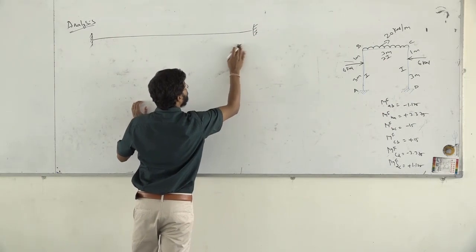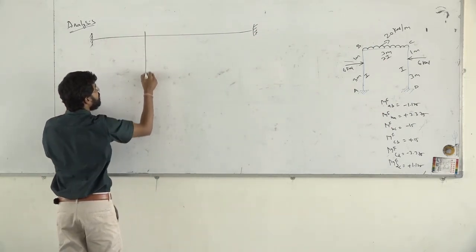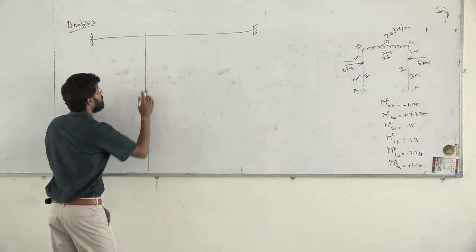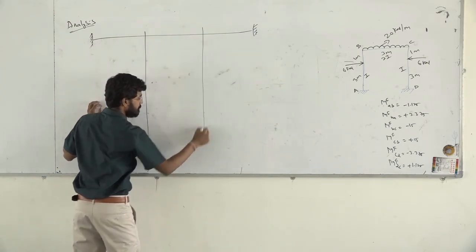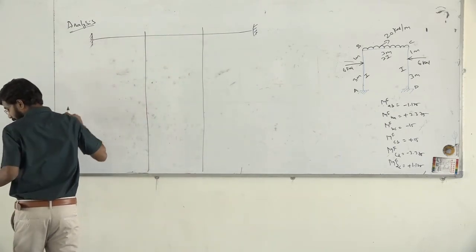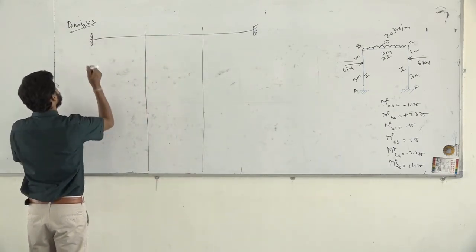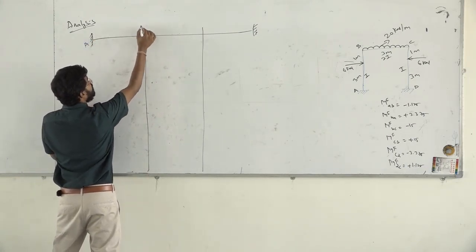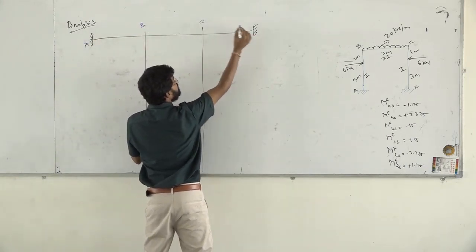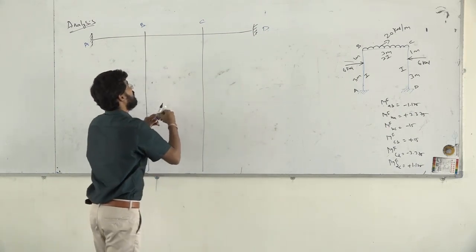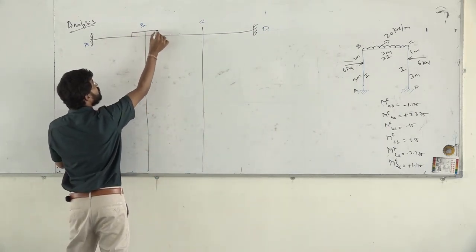here also it was fixed. Now here if you see, we had our point B, here we had our point C. So this was our point A, so here we write A. So this is our A, this is our B, this is our C, and this is our point D. Now here, if you see, how we have to write down.